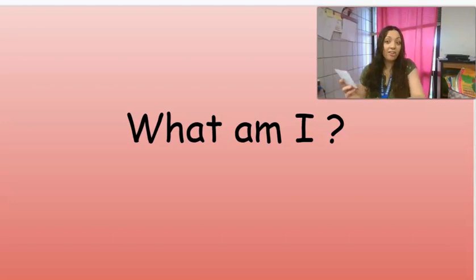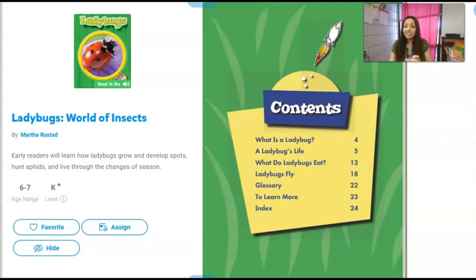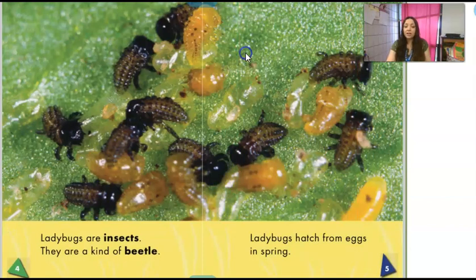Now, not all ladybugs are red, but we're going to actually study about that today, okay? So we're going to get to read a nonfiction book about ladybugs to research them. So our nonfiction book today is called Ladybugs World of Insects, and it's written by Martha Rustad. And then you can tell that this is probably going to be a nonfiction book. Remember, it's just going to give us facts because we have this table of contents. So our table of contents right here